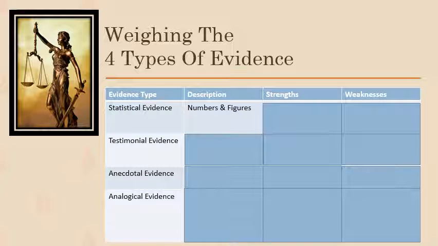Statistical evidence is numbers and figures. So when you look at a graph, or somebody has run a scientific study, then you'll get numbers and figures, hopefully defending your argument. So that's statistical evidence. And the strength of statistical evidence is that it allows you to draw logical connections between your argument and the numbers. So you'll be able to say, if this is true because of the numbers, then you should defend my argument. And that's a very logical progression of events, so that's appealing to logos. It's hard to argue with